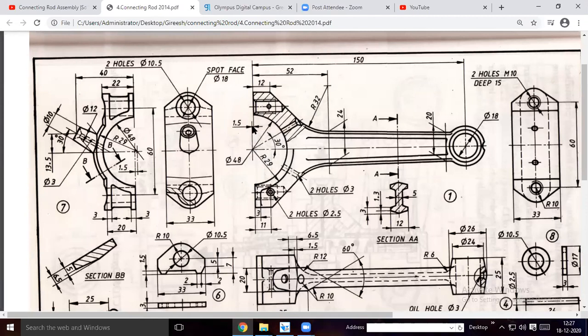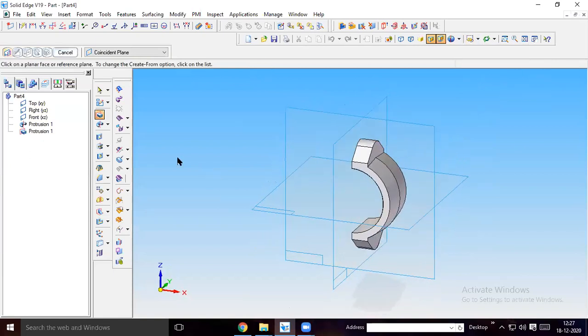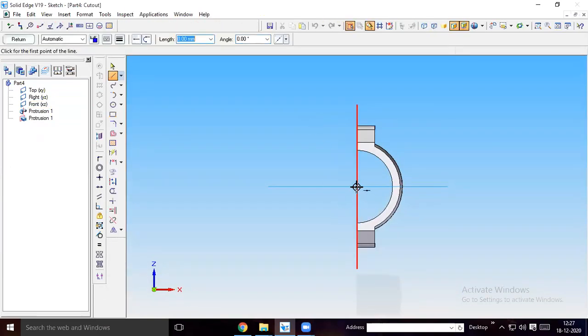You have to do a 1.5 mm full cutout. Okay, what you have to do here, keep it in diametry, select the cutout option, select the front plane.